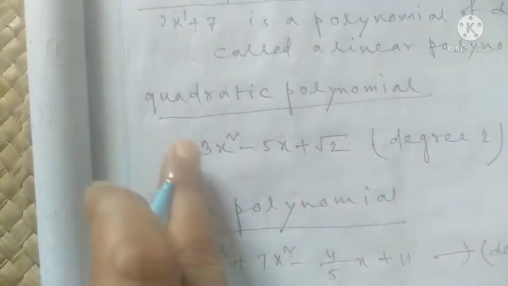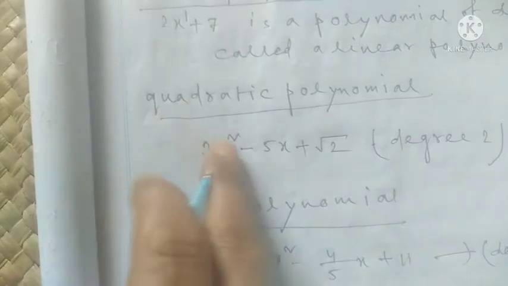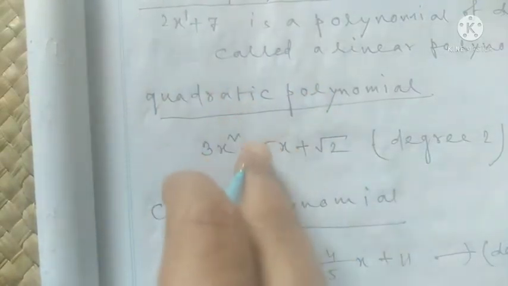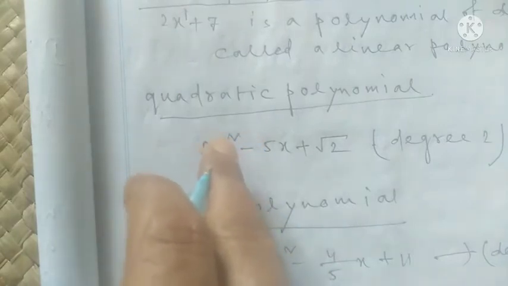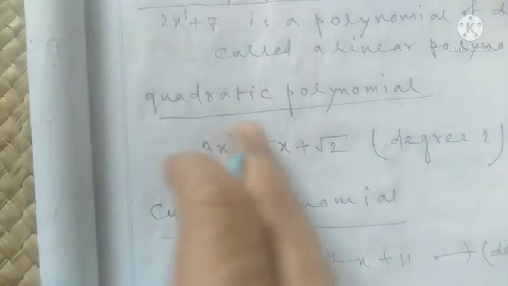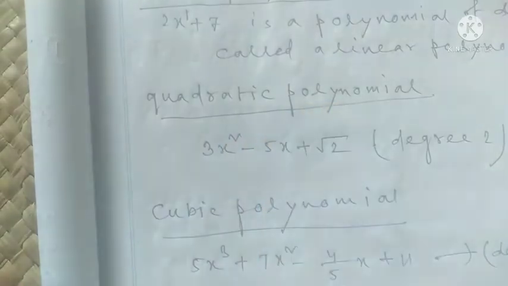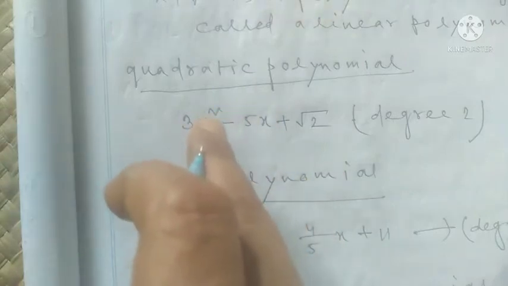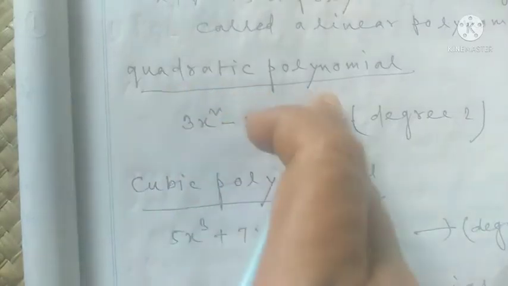Okay, and next is quadratic. Quadratic polynomial means second degree polynomial. The highest power is 2 and this is a single variable. Okay, the variable is not what I am telling you about, I am telling about the quadratic polynomial. That's why you have to see what the highest power is. Here the highest power is 2. So that's why you can say this is the quadratic polynomial. Okay, because this polynomial has 2 degree. Here the highest power is 2. That's why you can say this polynomial is the quadratic polynomial.